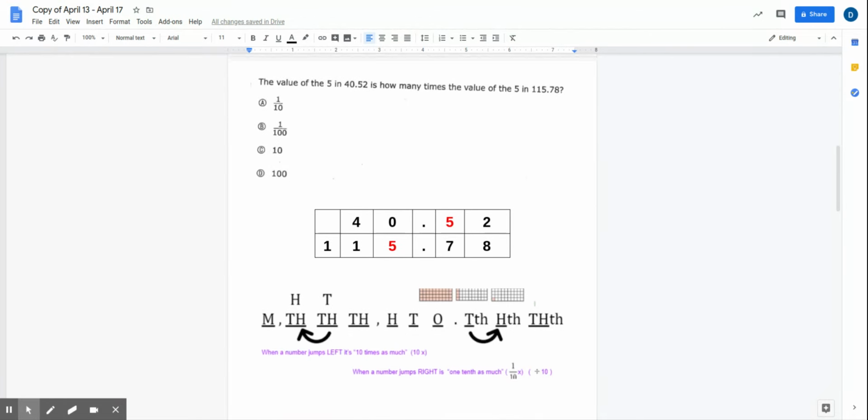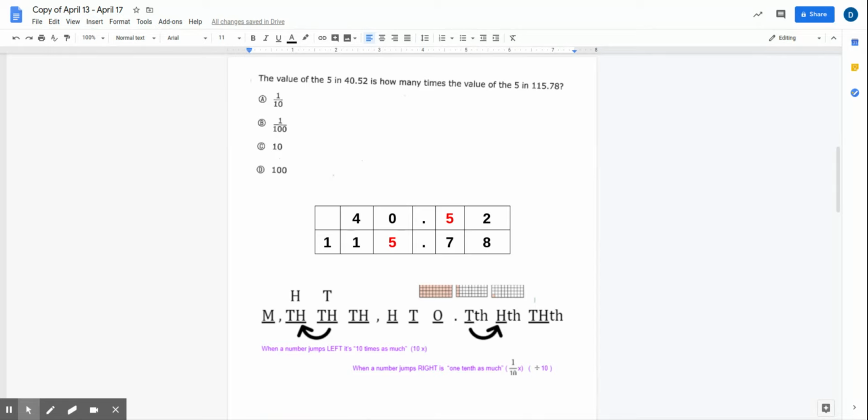Here's the second one. The value of the 5 in 40 and 52 hundredths is how many times the value of the 5 in 115 and 78 hundredths. I just wrote the numbers out in a chart like this so we can see where they are compared to each other. You have to figure out the value of 5 here is how many times the value of the